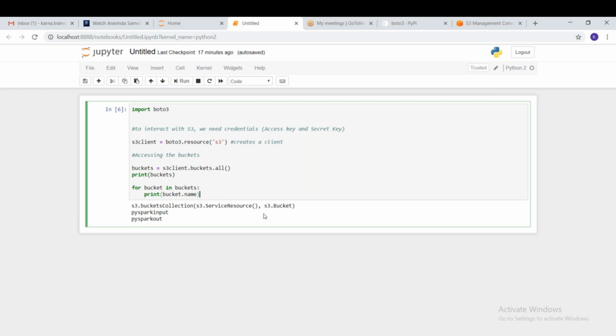Why? Because we should not hard code the access key and secret key in our programming. They should always be hidden, abstracted from other users. Still we have three more ways of maintaining these credentials, but I think these two are the better ways of protecting or managing these credentials. Is it fine, guys?